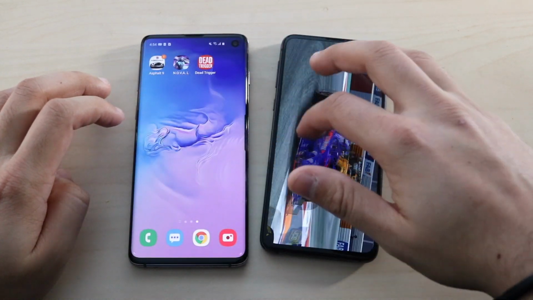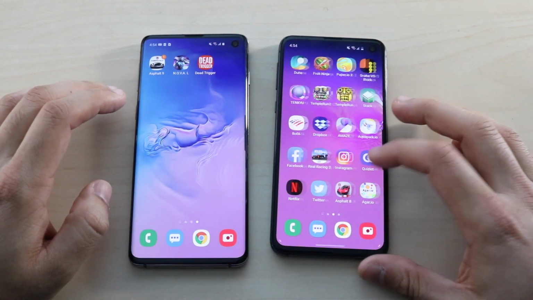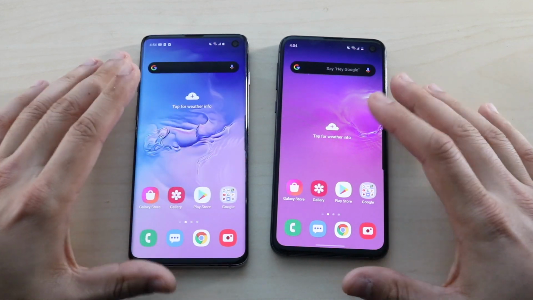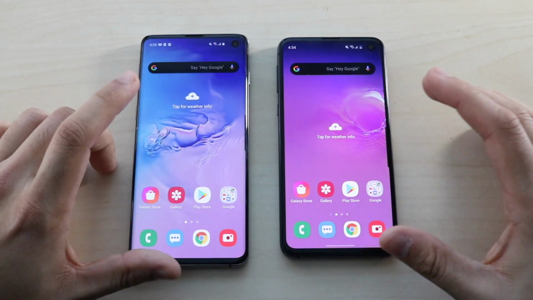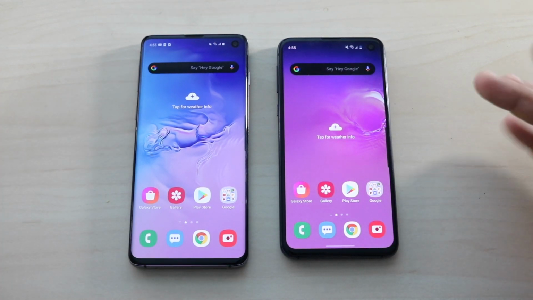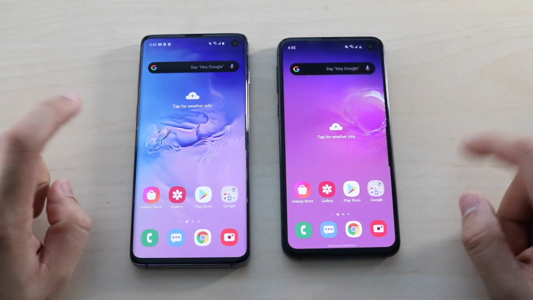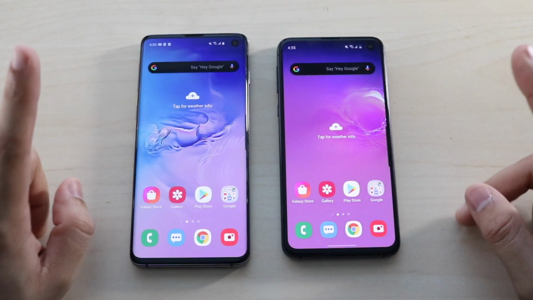I've never compared these two side by side the whole entire time I've owned them. I've owned the S10 since day one. I've owned the S10e for a while now too, and I honestly wasn't expecting the S10 to be this much better at RAM management than the S10e. I think my viewpoint was a little bit tainted by the 11 Pro comparisons that I've been doing, those speed tests. But what I will tell you though is that between the speed tests between both of them, I'll definitely tell you